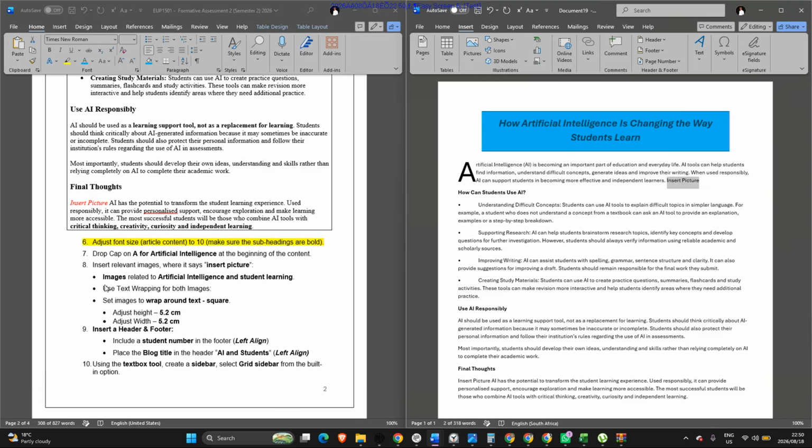This portion requires a picture. What kind of picture do we need? Insert relevant images where it says insert picture. So we got 2 points. We got one there that I highlighted, the second one is down there. So images related to artificial intelligence and student learning. Now how do we do that? Let's copy the text and go to my